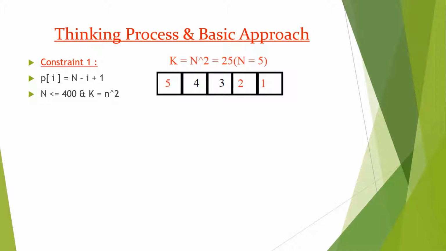So a basic approach would be to take elements one by one and transfer them to their correct position accordingly. This can be done for n elements in at most k equal to n, and here we are given k equal to n squared, so it would be sufficient.